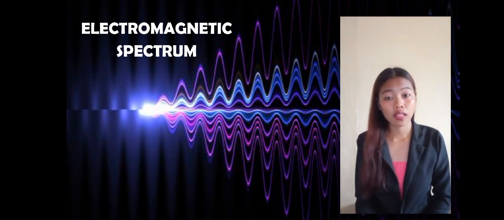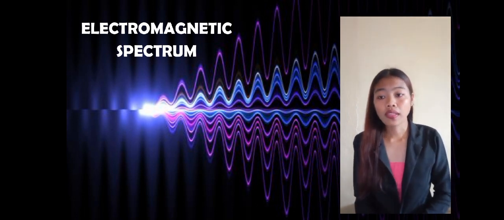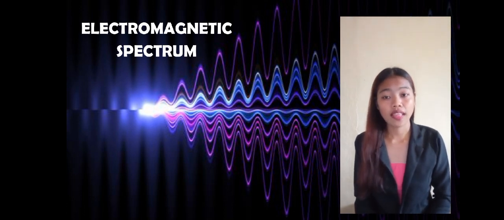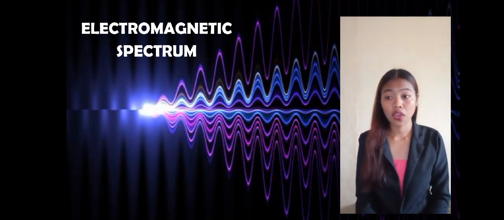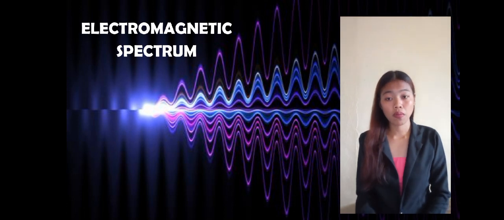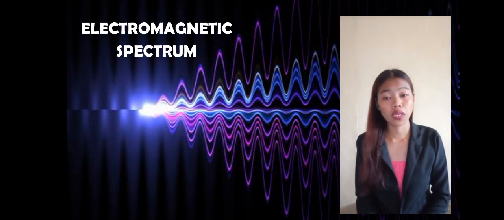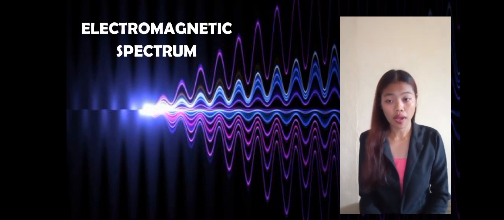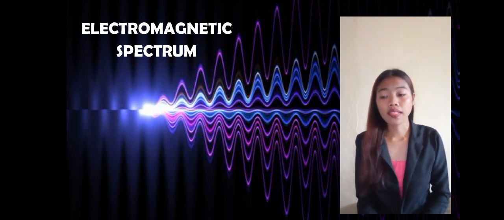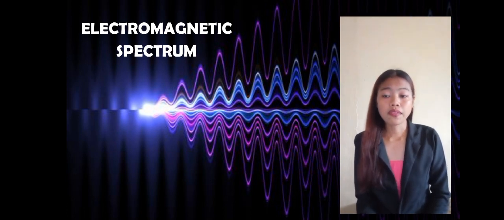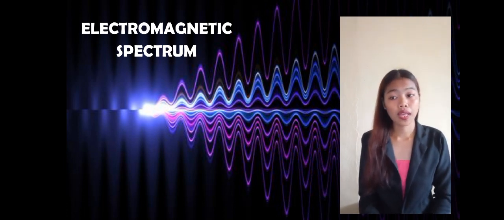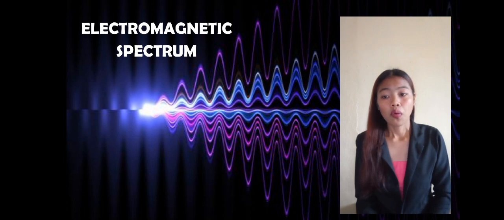A wave's frequency is related to wave energy. The more energy in the wave, the higher its frequency, and the lower the frequency is, the less energy in the wave. When it comes to the electromagnetic spectrum, gamma ray has the highest energy, while the radio wave has the lowest energy. For wavelength in nanometers, it is the other way around. As the wavelength increases, the energy decreases. So thus, in the wave's frequency within the electromagnetic spectrum, the shortest wavelength is in gamma ray and the longest wavelength is